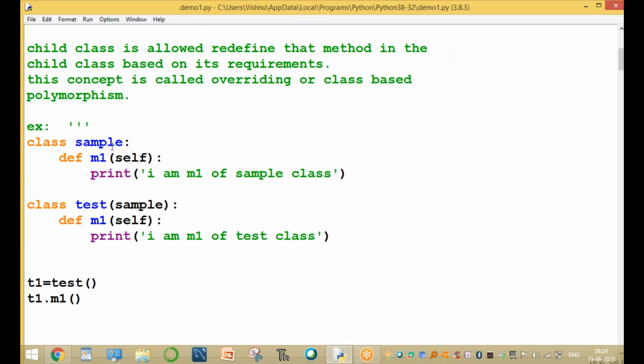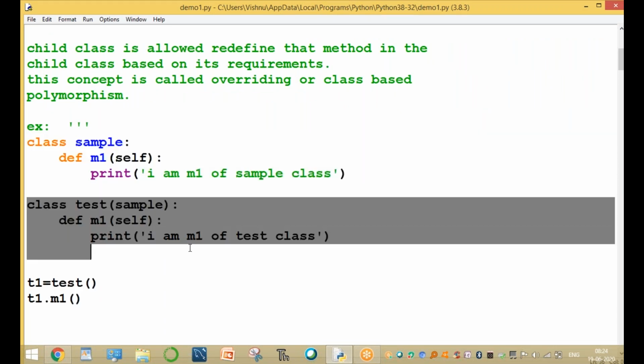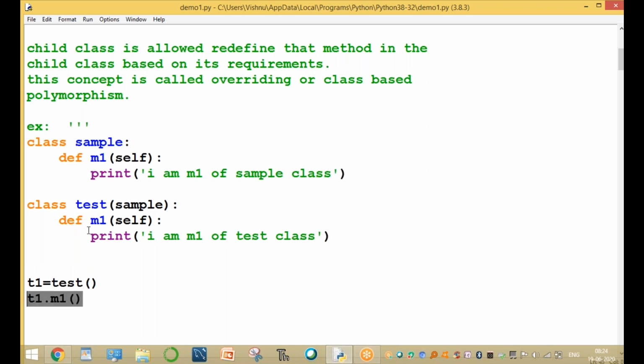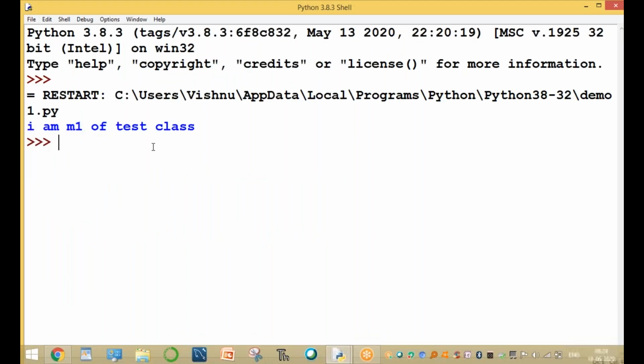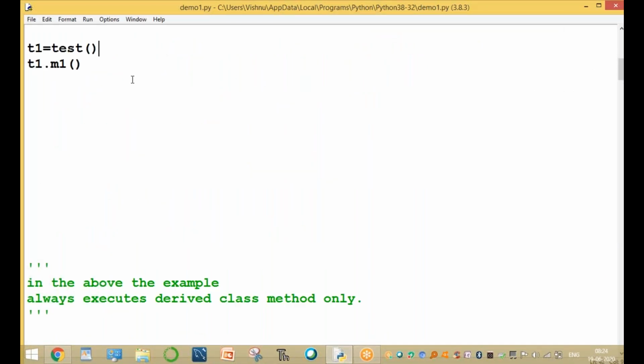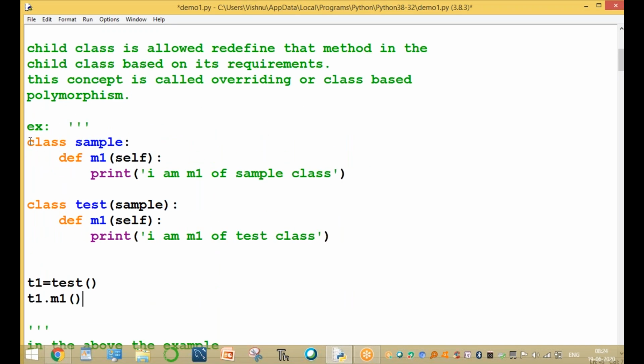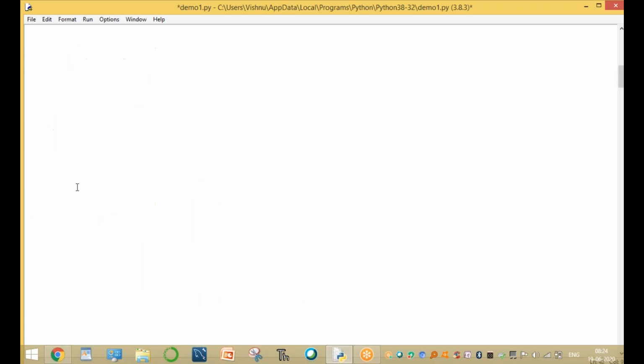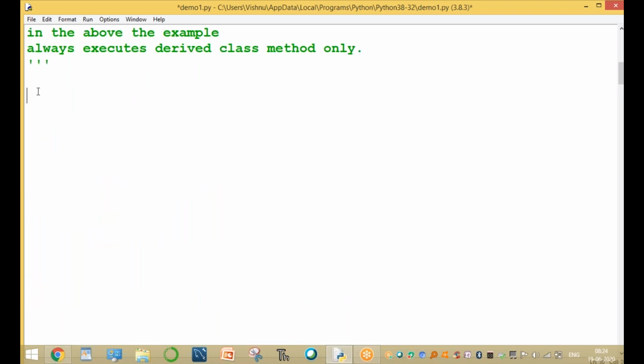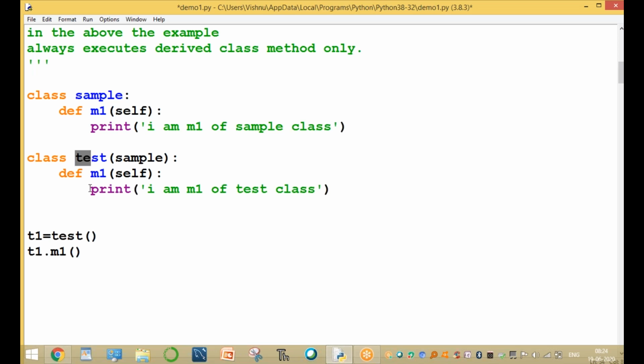The sample class has an M1 method, and the test class has an M1 method, and the derived class method is always executed. Sir, I want to execute the base class method also. How do I execute the base class method? In this example it always executes only the derived class, test class M1. I want to execute the base class M1 also.